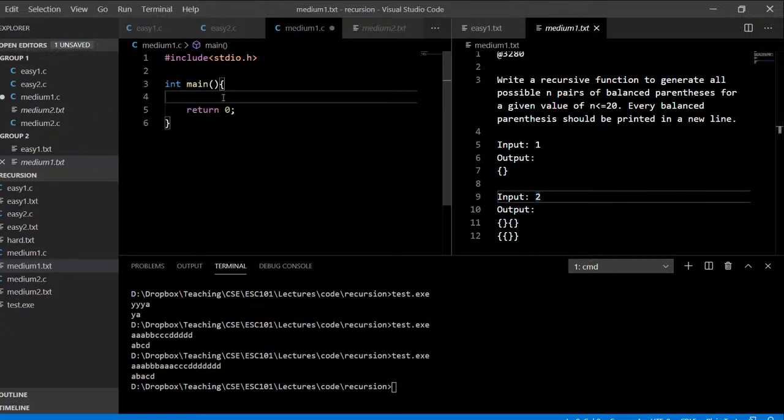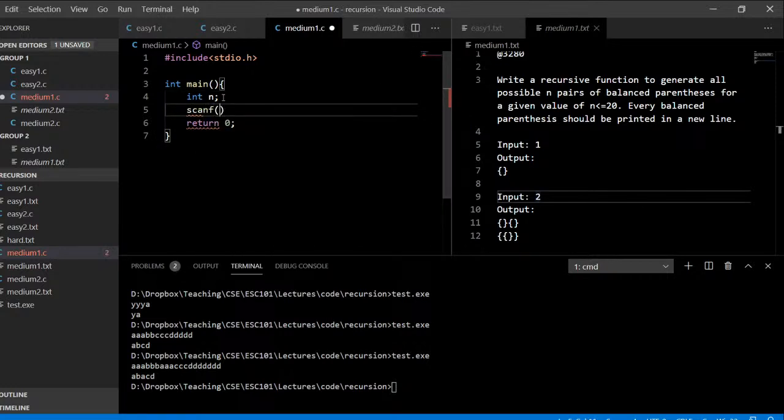So let's get started with this, and then we'll talk about what the recursive solution should look like. Let me scan the number, and now what will I do? I have to print parentheses, and the recursive solution is to realize that if you have n inputs, then the way to